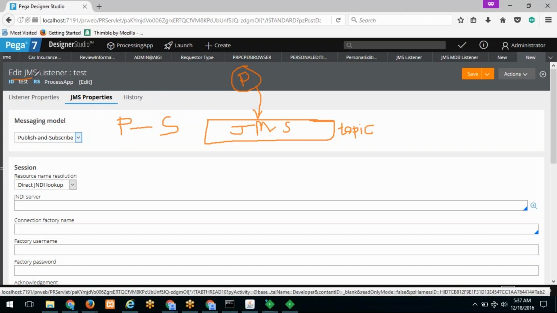So in our case, we are creating a JMS listener, which means that we are also a person who's listening to this JMS queue or this JMS topic. So we can have, say, this is one Pega application, and it is listening to this. We can have multiple other people also listening to the same JMS queue, for example a Java application, another Java application,